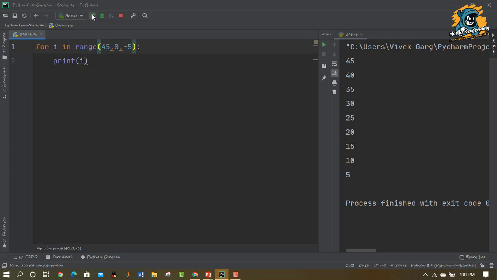There are so many applications of the for loop, and while writing Python scripts, we'll be discovering all the applications of this for loop or the while loop in the upcoming videos itself. So I hope the basic concept of the for loop and the range function is now clear. Let us see the next topic, which is